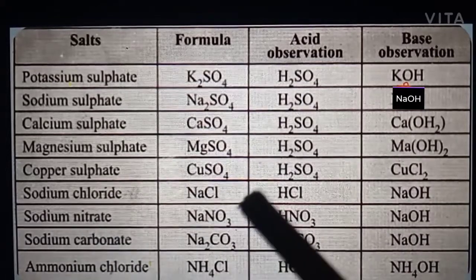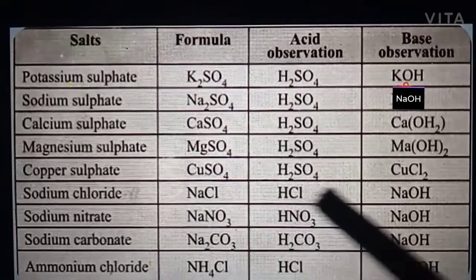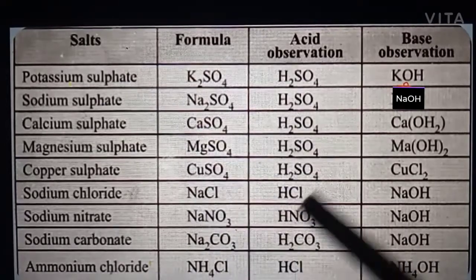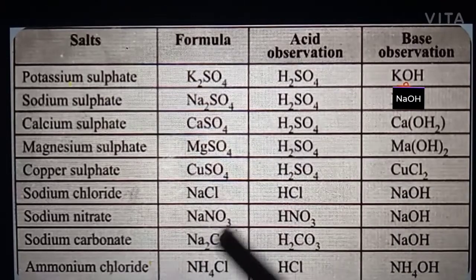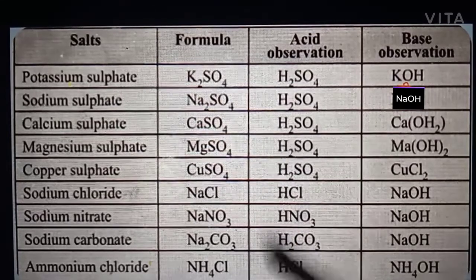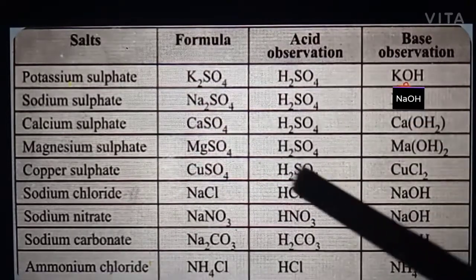After that, sodium chloride. We want sodium chloride, so that's why we took HCl, because we want Cl. Strong base, we used NaOH. For NaNO3 we want NO3, the nitrate ion, so that means HNO3. For Na2CO3, the acid is H2CO3, carbonic acid, and after that NaOH. After that, ammonium chloride: NH4OH is the base, HCl is the acid. So these are the formation of salts using acid and base.